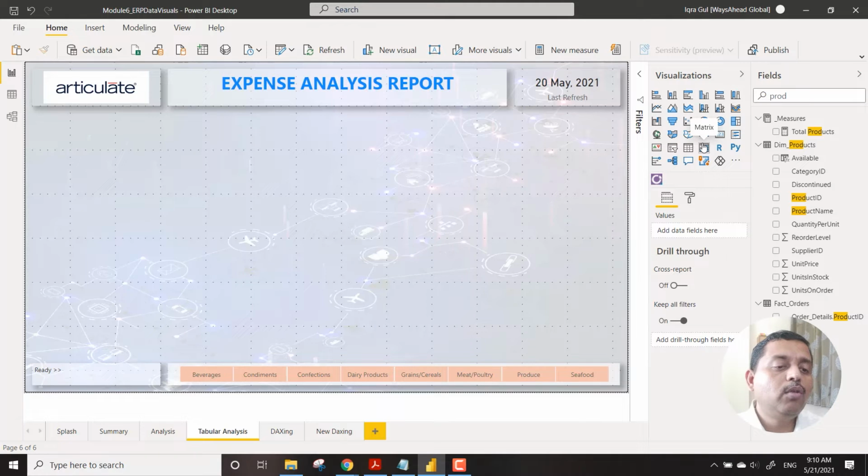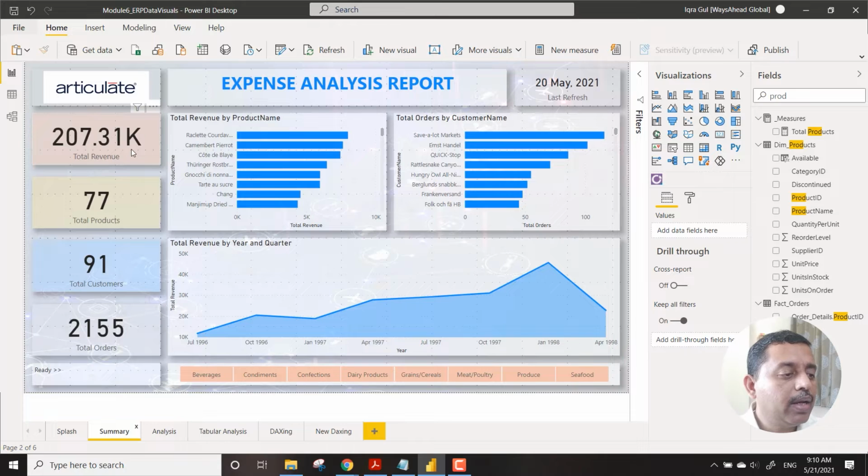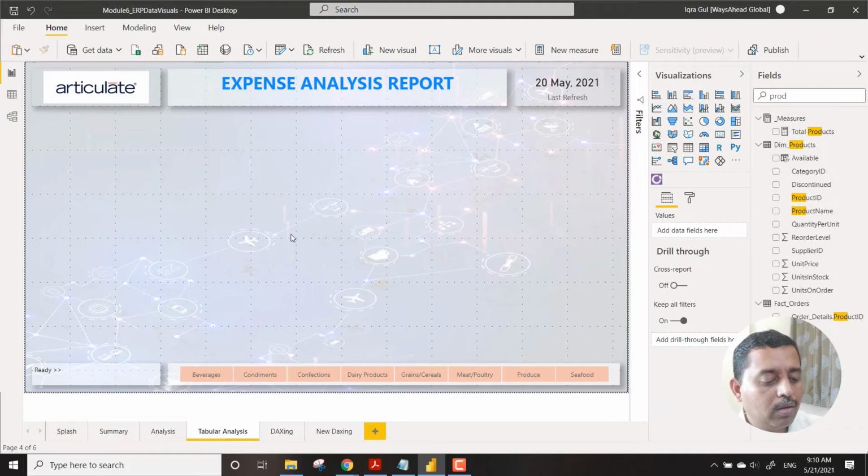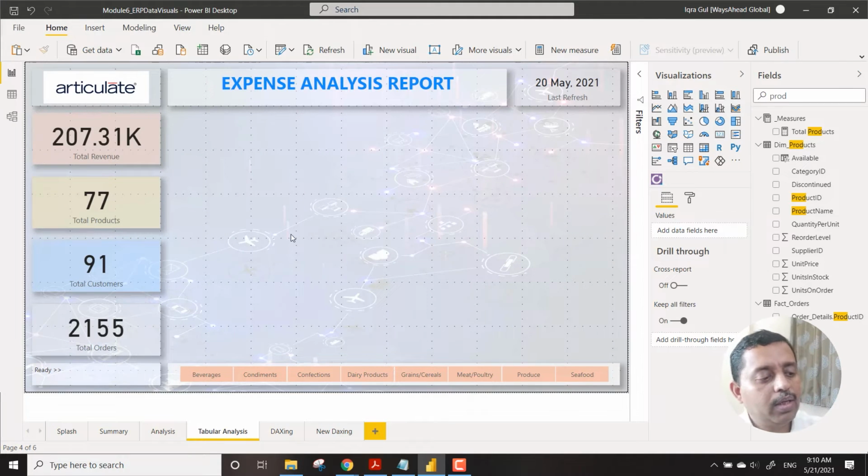You require a matrix when you have data in rows and columns, both, right? Suppose here I want to bring back my summary data. This was looking nice, so I have some space over here in the tabular data because it might not require so much space. So I am just bringing that same thing. See how easy it is. It is just like making up your PPT, right?